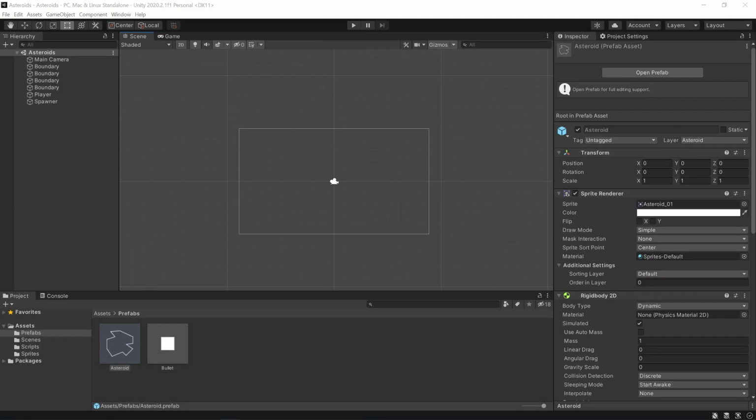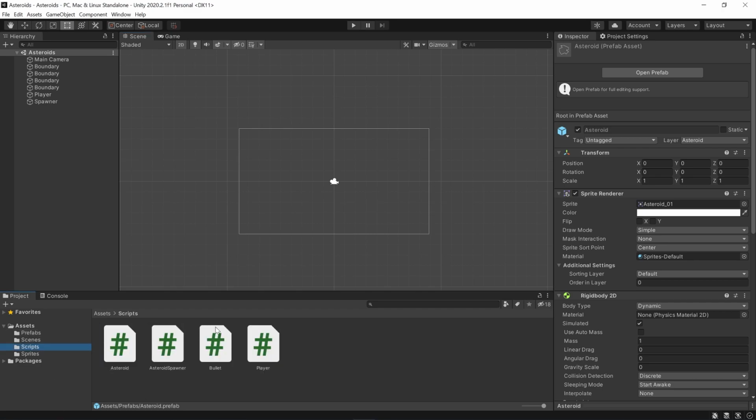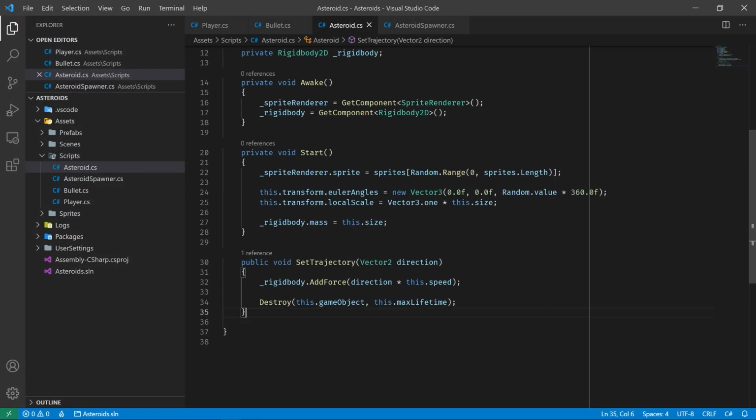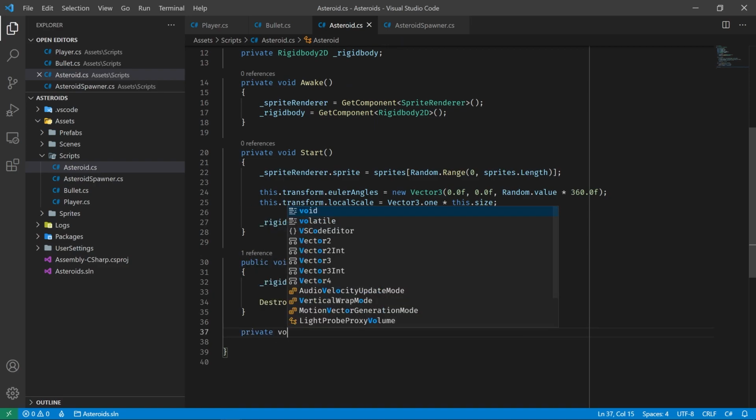All right, let's actually have the asteroids split into multiple pieces when they get shot by a bullet. Or for some asteroids, if they're already pretty small, then they'll get destroyed entirely. But we need to really handle that collision that happens between the bullet and the asteroids. So let's go ahead and open up our asteroid script. And first we want to add a function in here called